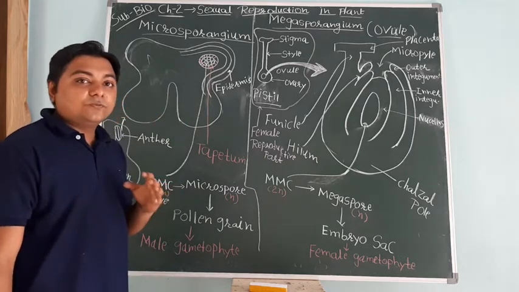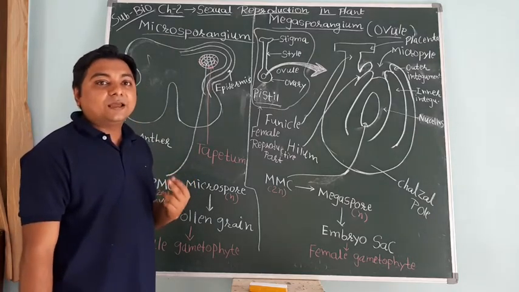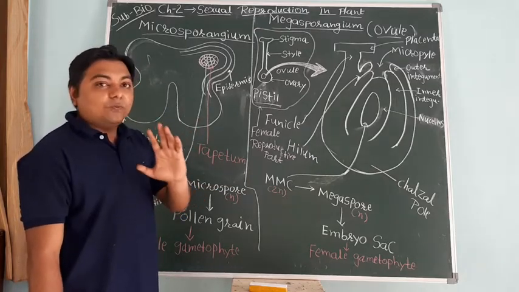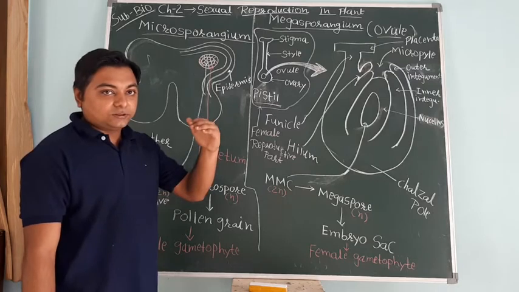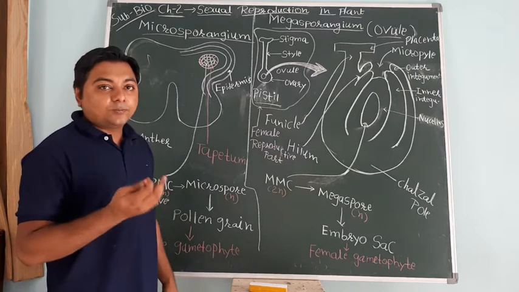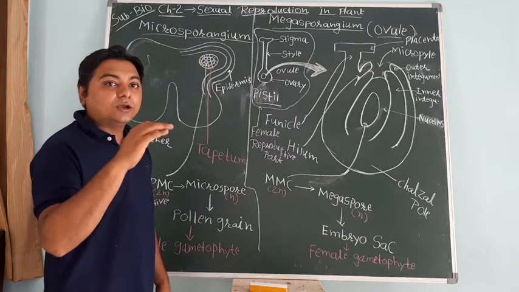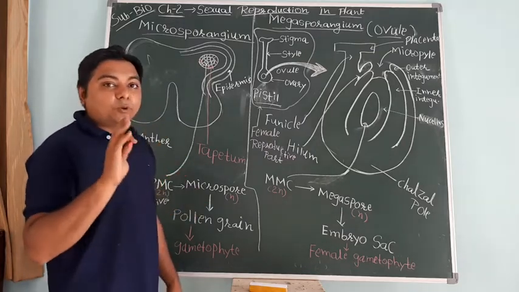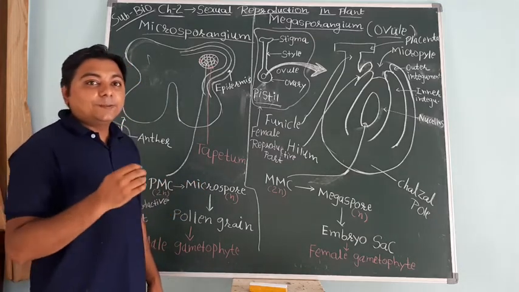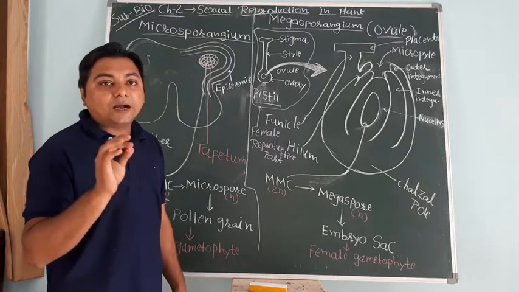Okay, so first of all we learn about the parts of a plant. Basically, a plant has two types of parts: one is vegetative parts and the other is reproductive parts. Vegetative parts are just for the growth of the plant, like stem, root and leaves. These parts help the plant to grow and become sexually mature. But there is a reproductive part, which helps in producing offspring, and this reproductive part of the plant is the flower.